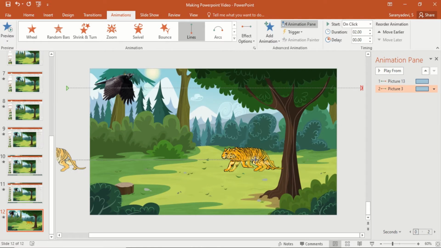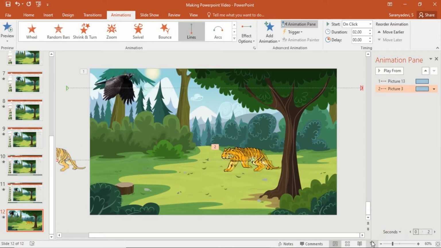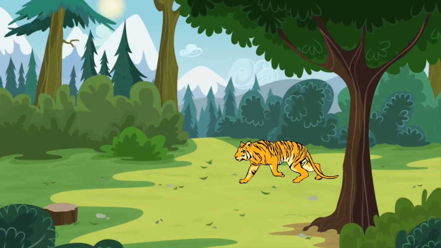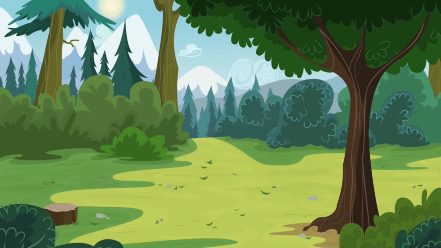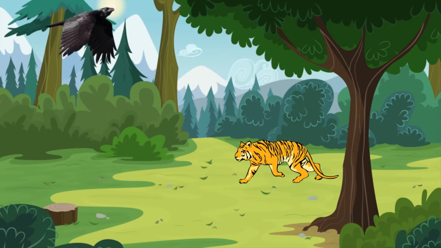Okay, if I give play from, okay, if I go to slideshow, enter it. So this is our existing effect which is given,